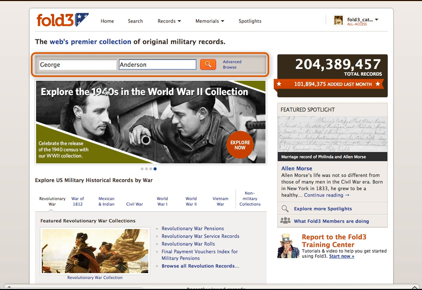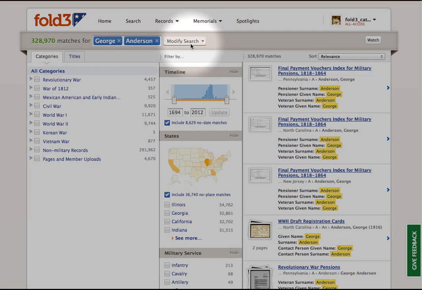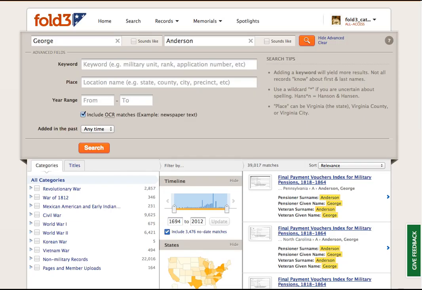When we click the search button, we're taken to a results page with over 300,000 matches. We will want to narrow this down using the filters on this page, but first, let's modify our search using this button. We are taken to Advanced Search, where you can enter additional information like keyword, place, or a year range. There's also a sounds like option for first and last names, which may improve your chances of finding a